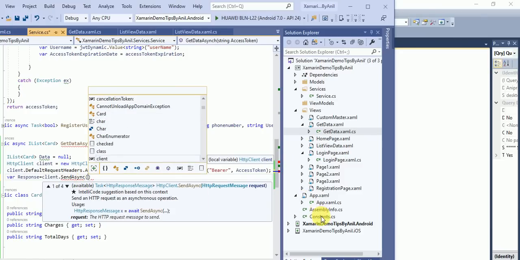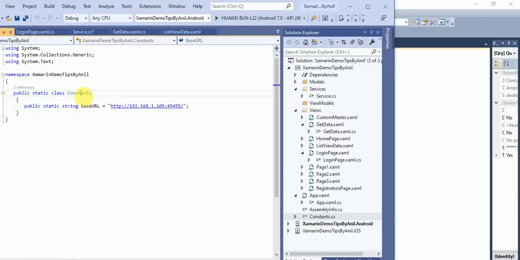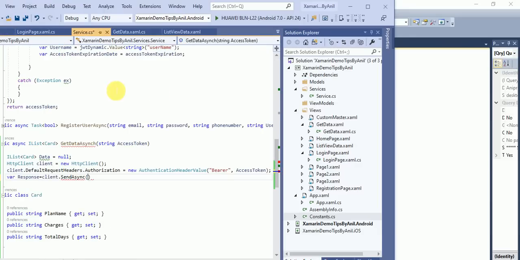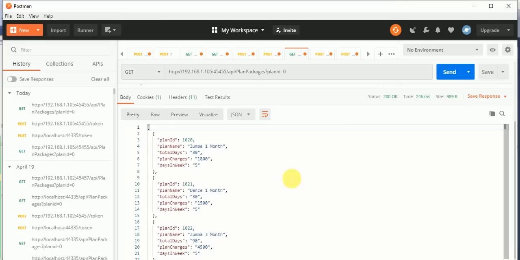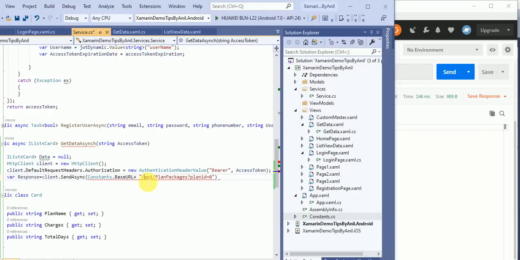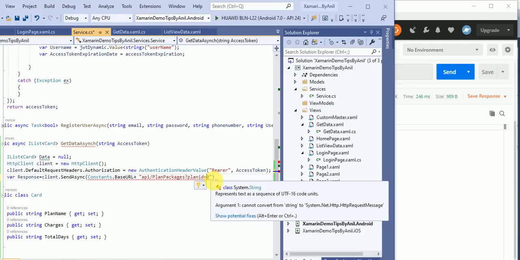The base URL I have in a constants class, so Constants.BaseURL, plus we have to pass the URL that is in Postman, and we have to pass plan ID equals to 0.